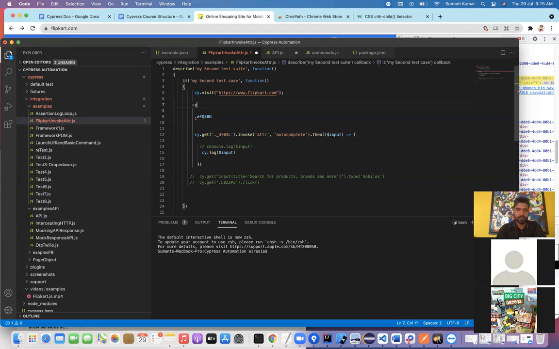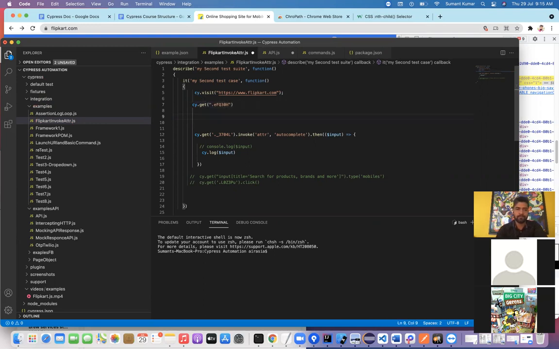So what I'm going to write here: Cypress dot get, and then I will use the same class name. And I have not used the nth locator here. So what will happen? Basically, it should highlight the 9 elements, correct? And that time Cypress will get confused about which element it needs to select.